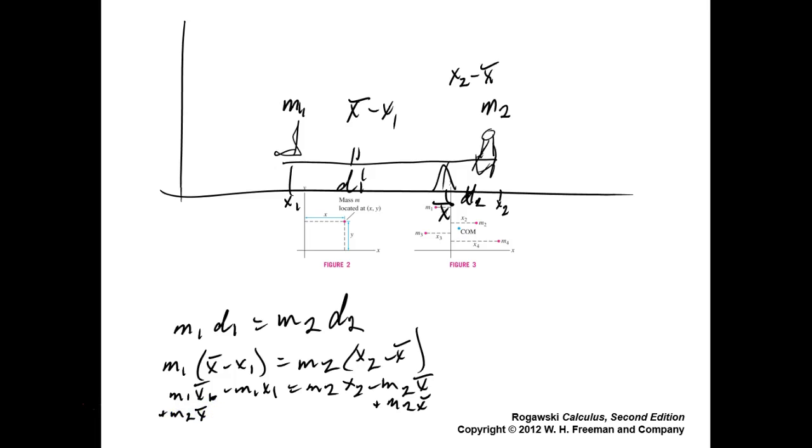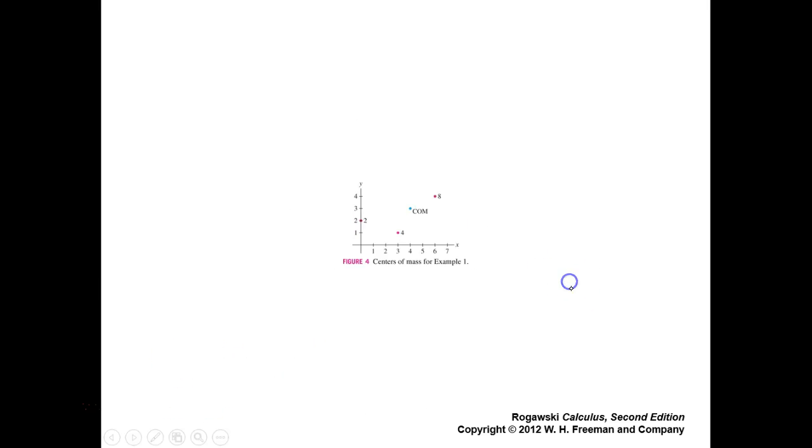And then add M1 X1 to both sides. Because we want all the things with X bar on one side and without X bar on the other. So these go away and those go away. So that gives me M1 plus M2 times X bar, that's these terms, is equal to,